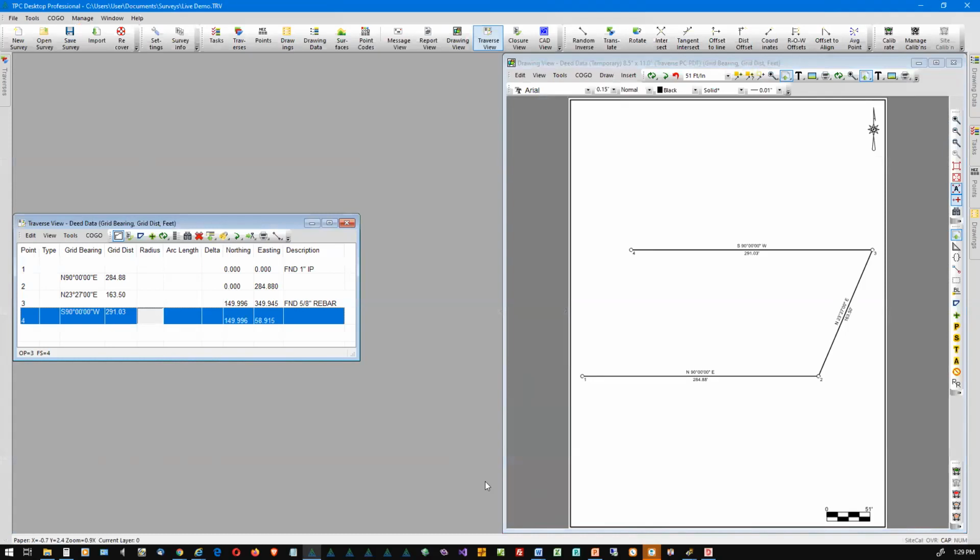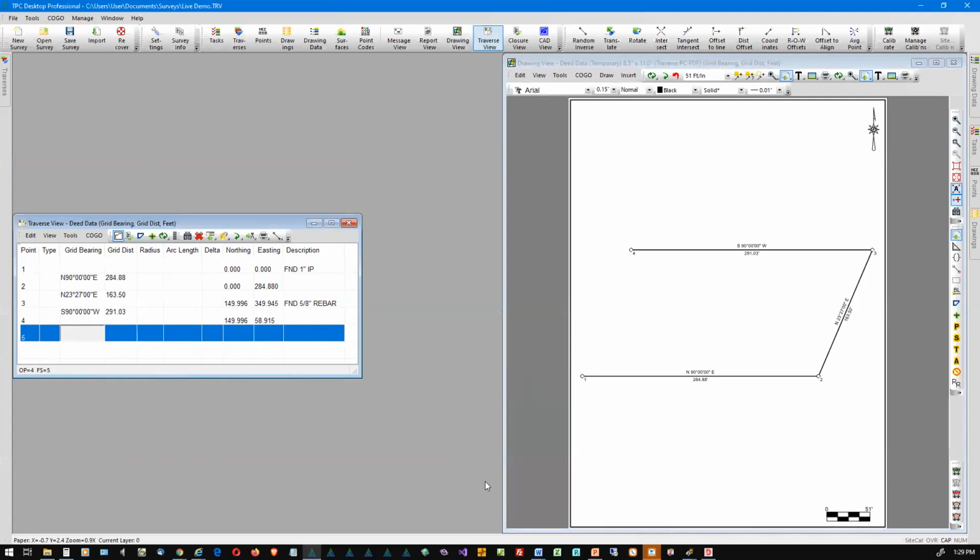Personally, my deed with curves format is set up so it doesn't take me to radius and arc length every time. I only go there when I need to, and I usually don't have that many curves, so I typically set mine up to not take me to radius and arc length. This is one of those efficiencies you can gain by understanding how this works. All right, I'm going to hit enter, and now I'm